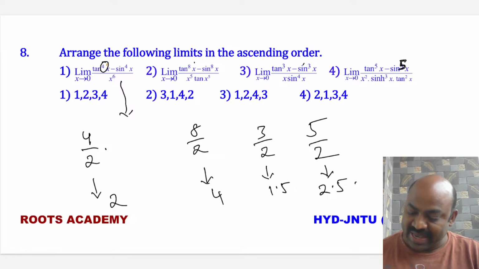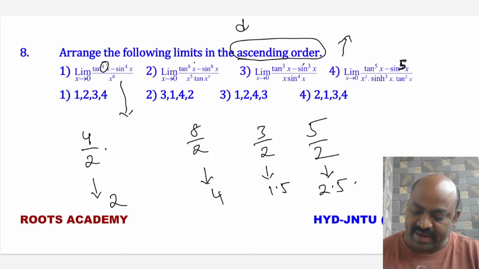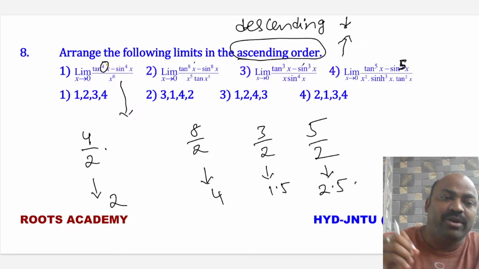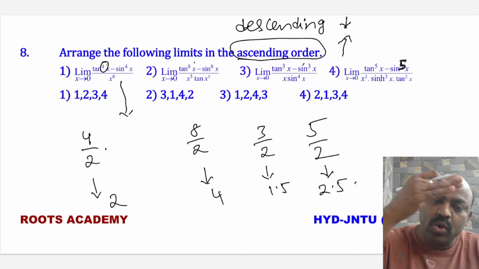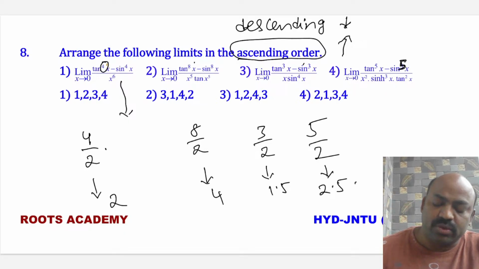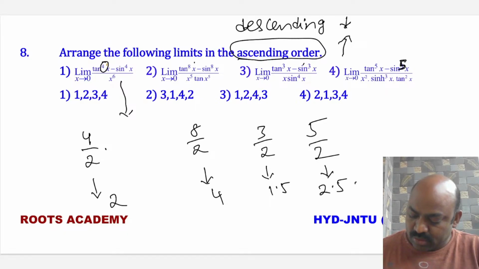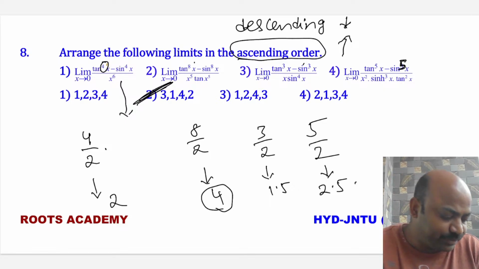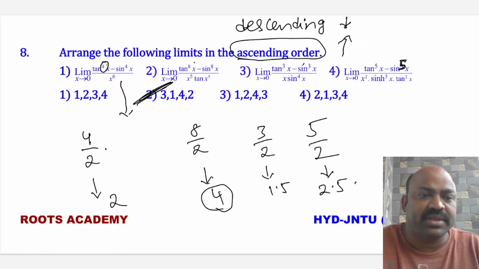Ascending order means increasing order. Descending order means decreasing order. As you are moving, if the value should increase, that is called ascending. As you are moving, if the value should come down, it is called descending. So can you arrange? This should be in the last. So the second option should be the last, which means only option 2. Wonderful. Can you please look at this, dear? Beautiful thing.